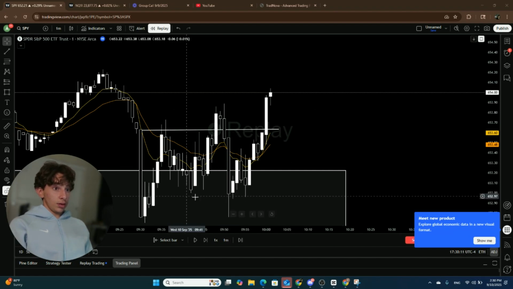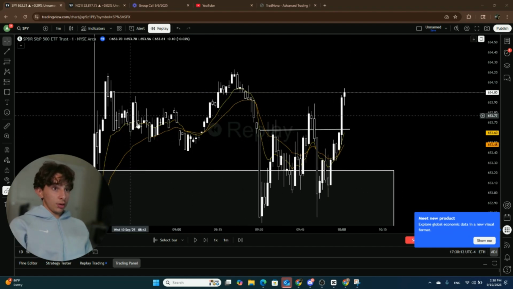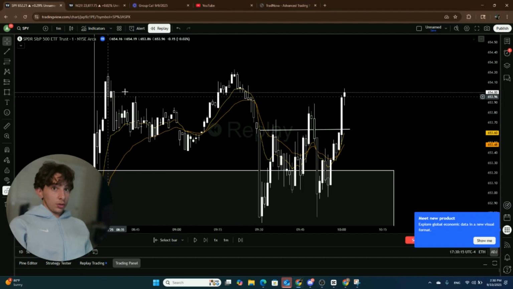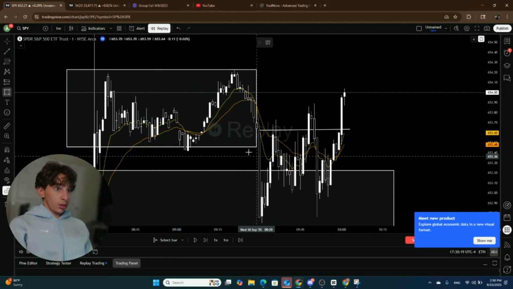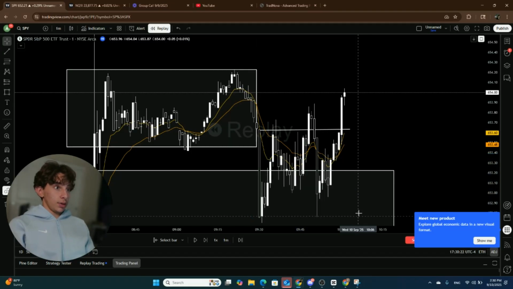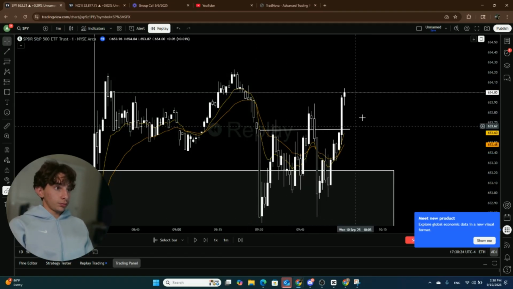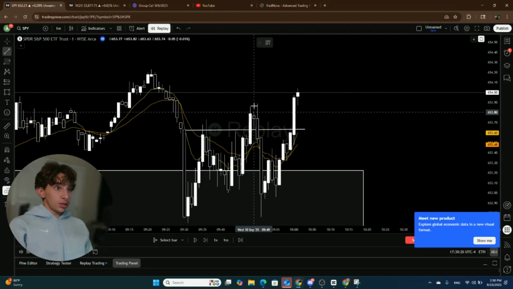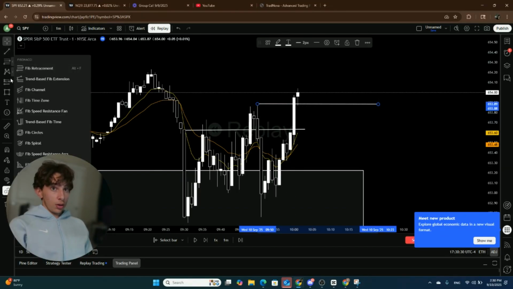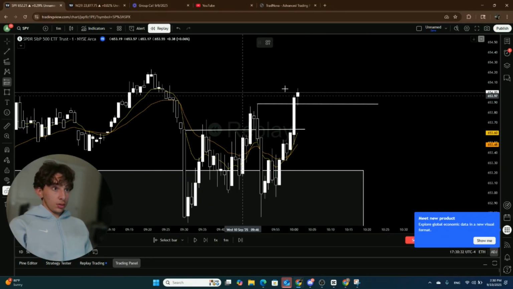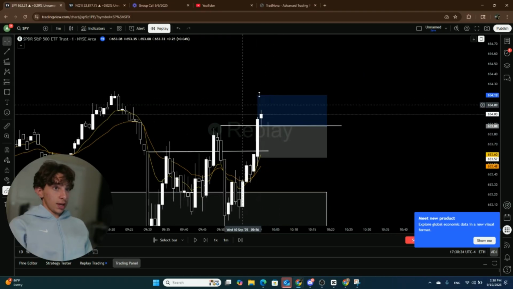after the market manipulated, had a whole bunch of manipulation right here. Let me just show you exactly: AMD, accumulation, manipulation, and now I'm going to enter for distribution. So right when the candle displaced over this high with speed and efficiency, I took a trade while the candle was going. Let me see, right there,